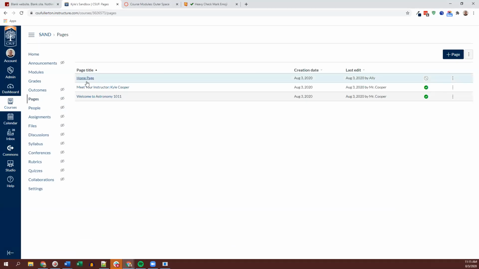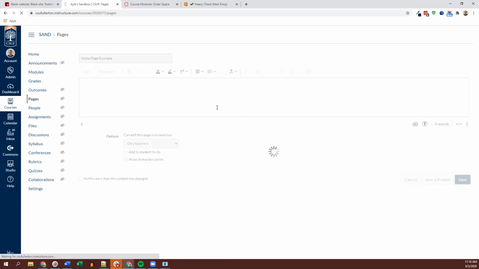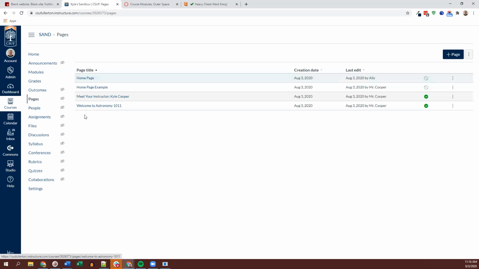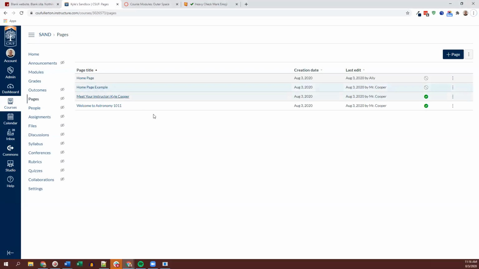And you can see I've created a homepage here. I'm going to create a second one and I'm going to click add page. I'm going to give it a title. We'll call it home page example. And then I hit save. Okay, so now I have my homepage example. When I'm on pages, if I need to, I can click view all pages. It will show me all my pages. So now I can see here's homepage example. Here's these two. I'm going to be working on this one today